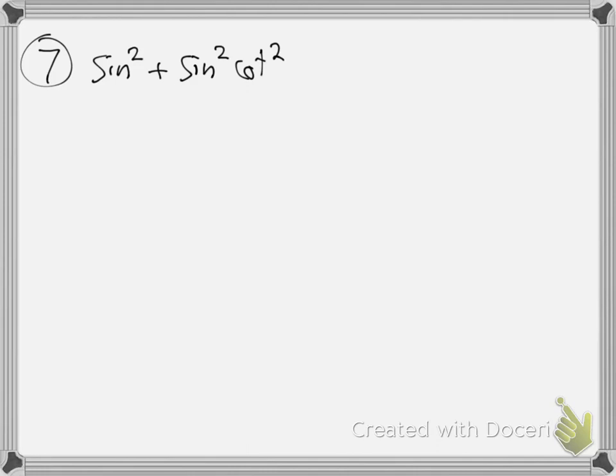Cotangent cosine squared over sine squared. Can you just do 2 sine squared? There's a couple ways you could go. We could do 2 sine squared if it didn't have the cotangent with it. In other words, if it was just sine squared plus sine squared with nothing else, yeah, that'd be 2 sine squared. But because he's got a cotangent, you know, the one thing,